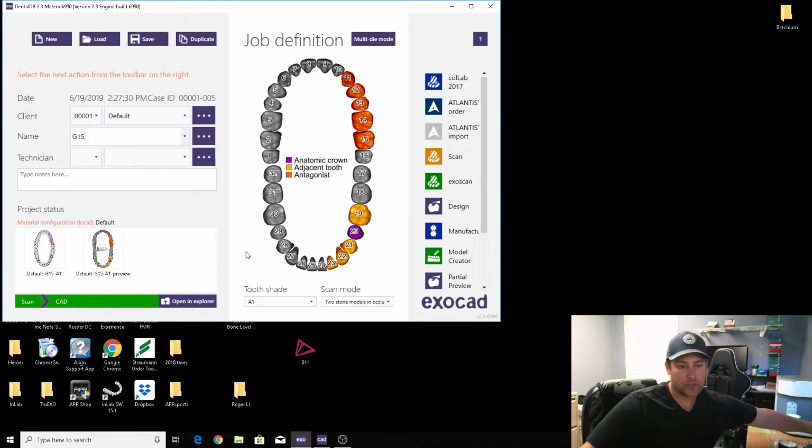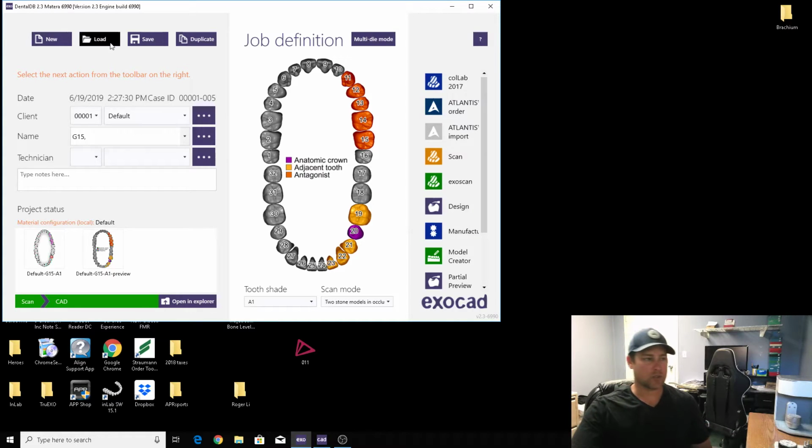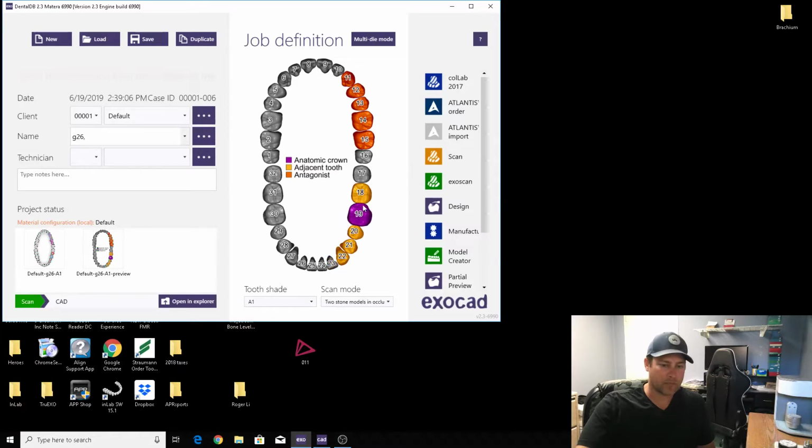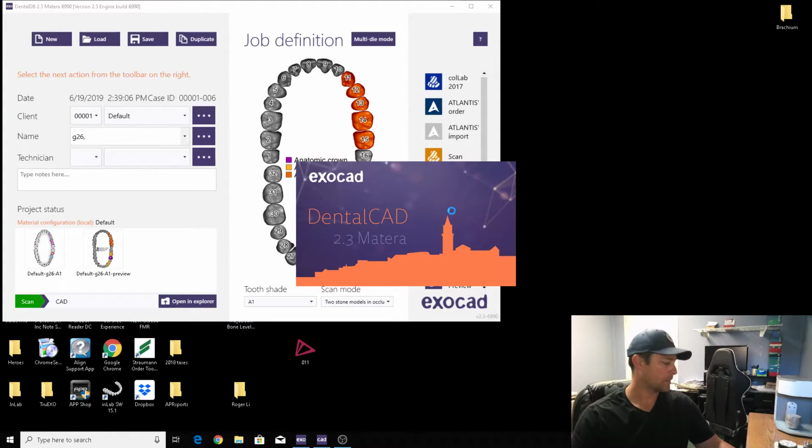Now you can turn off the scanner. You don't need it anymore. We'll go ahead and reload that case, and design. Alright, now we're doing